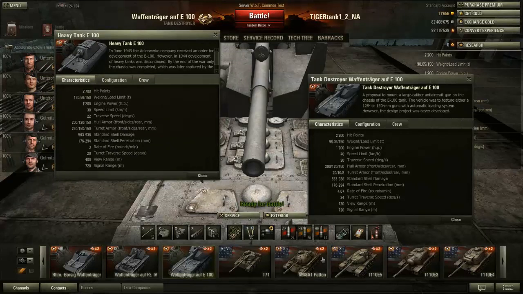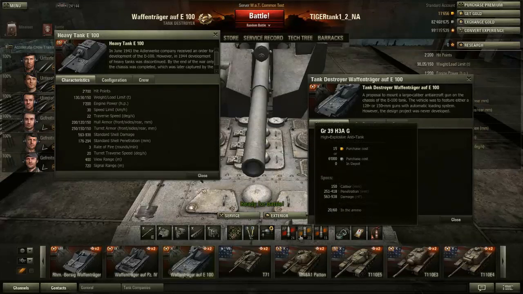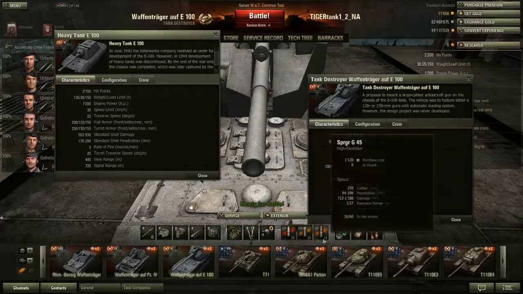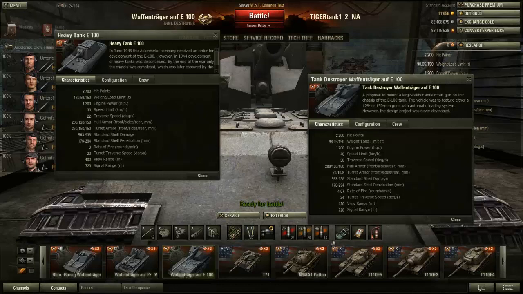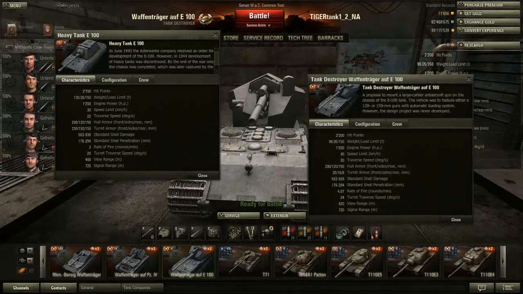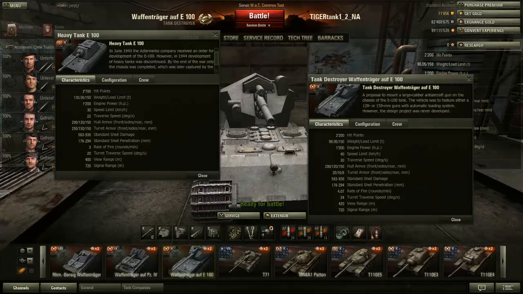So it's just like the Jagdtiger gun, and this gun here, the 15cm, is the exact same gun as on the E100. That means you only have 235 pen with AP rounds, 300 with HEAT, that's totally enough, and 80 with high explosive rounds. And I highly suggest you guys pick high explosive rounds, but I'm not entirely sure when this tank releases. I would say pick it now during the test server,